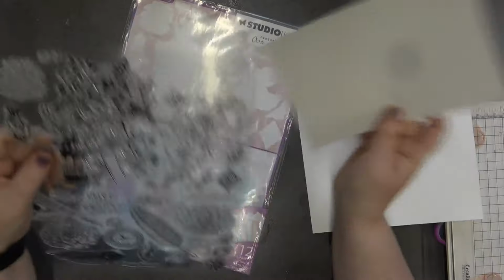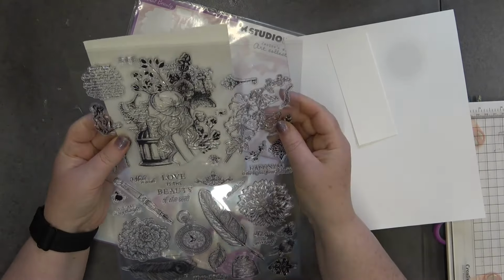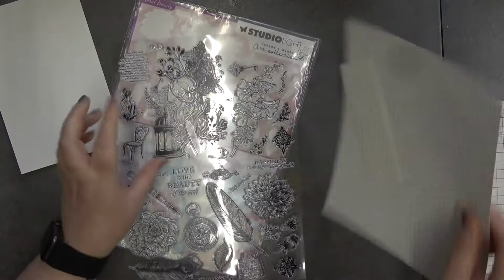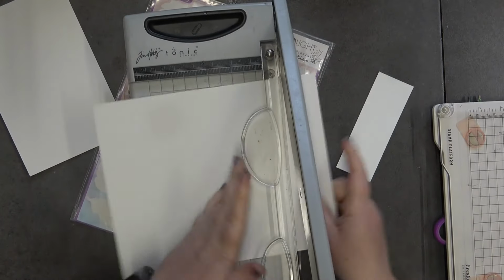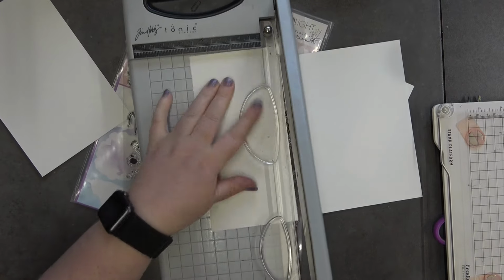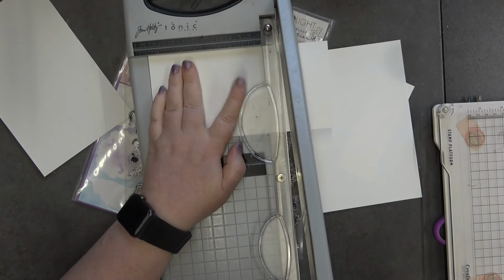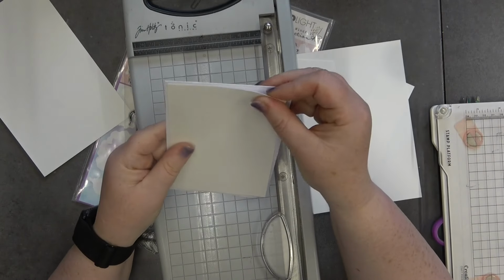Husband is now coming around the back. Yeah, that would work brilliantly. And then I'll make my own card base to go on it. Then for this one, let's just do an A6, so I'm going to cut another panel. That is 3 3/4 by 5.5. The card bases that I've got here are